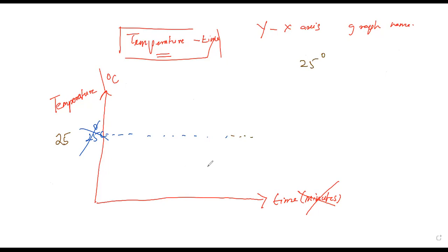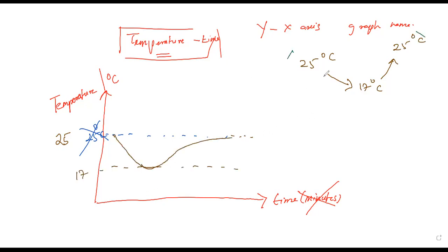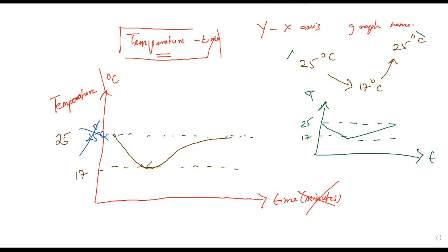Why do I mark this axis? Initially 25 degrees, then it went to 17 degrees, and they said again gradually, that word is very important. It reached the room temperature, that is 25, right? What was the decrease? 17, right? So what happened? The graph quickly, when you add the MX, went to 17. Why can't you write like this? Why this curve line? Why can't you go for the straight line? What is the reason? This is my first question. That will be constant, no?